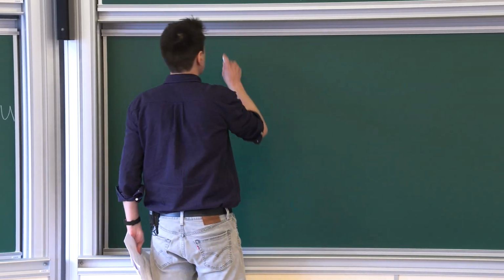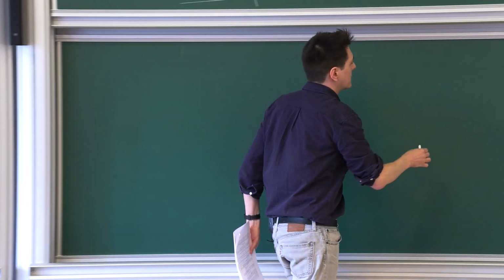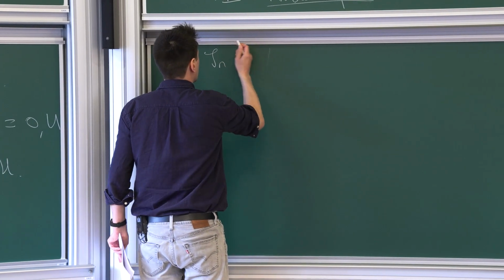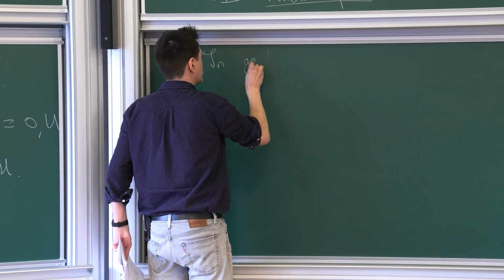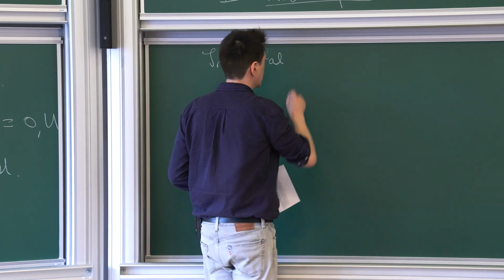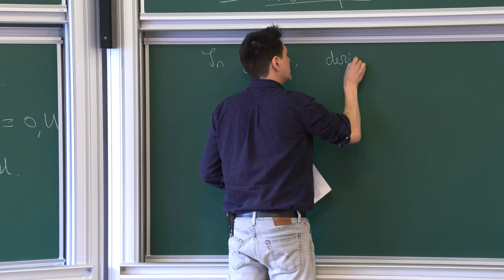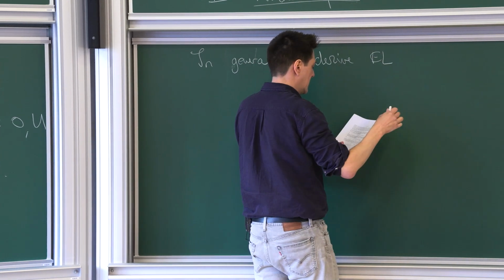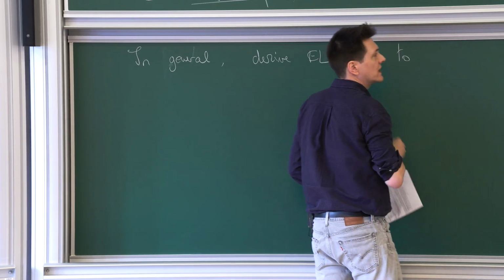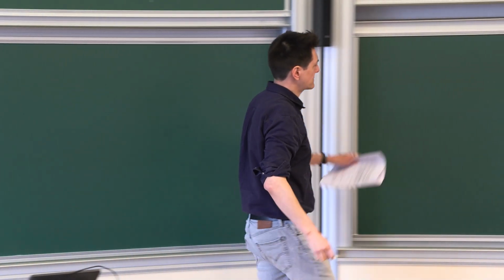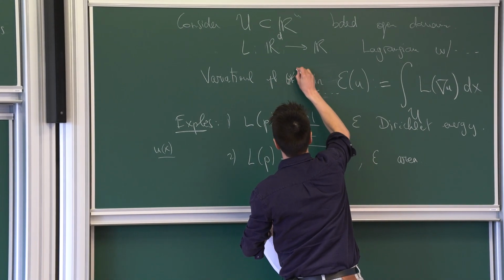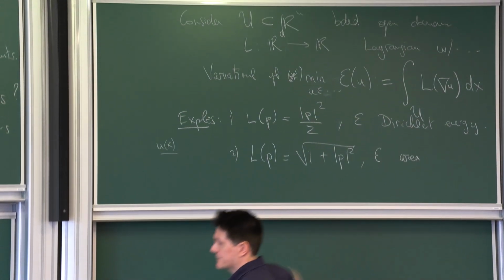So in general, let's look at the Euler-Lagrange equation slightly more generally to explain how the Hilbert 19th problem was solved, and that will help us to arrive at the formulation for kinetic equations. In general, if we derive the Euler-Lagrange equation associated to my variational problem,